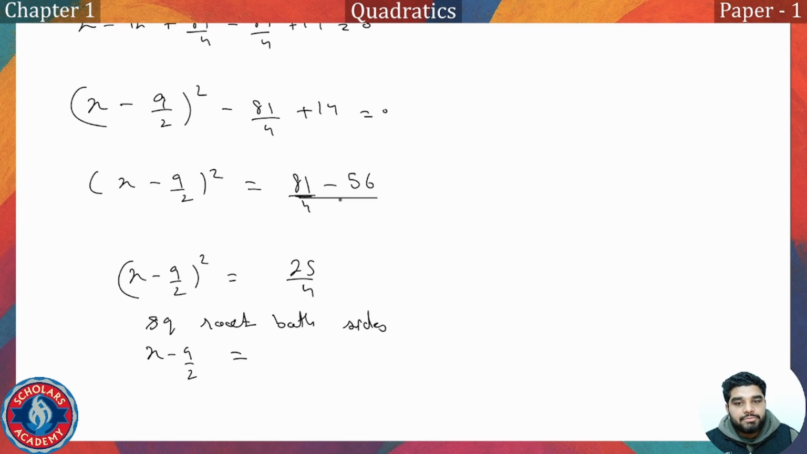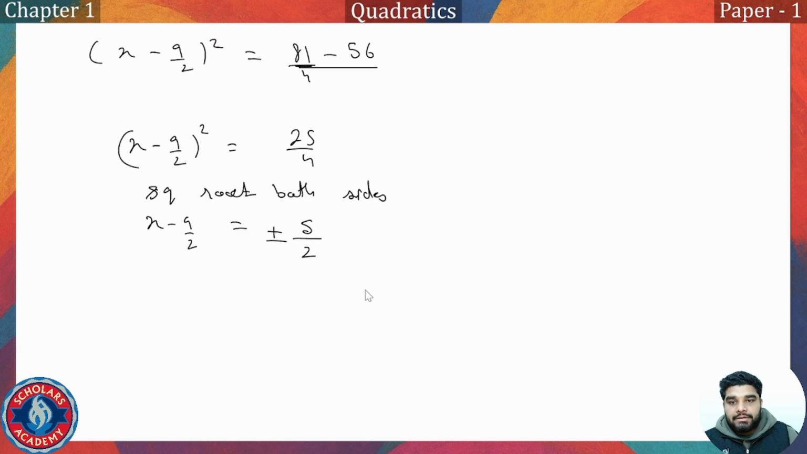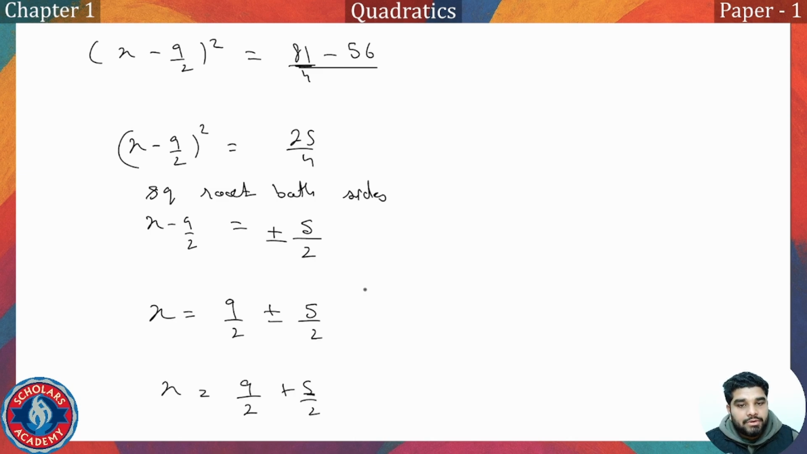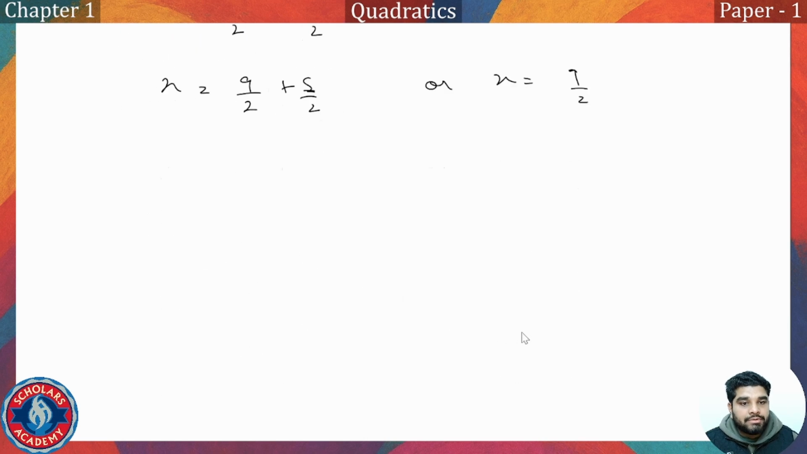So taking the square root on both sides, we get x - 9/2 is equal to the square root of 25, which is 5, and the square root of 4 is 2, with plus-minus signs. So x becomes 9/2 ± 5/2. We get x is equal to 9/2 + 5/2, or x is equal to 9/2